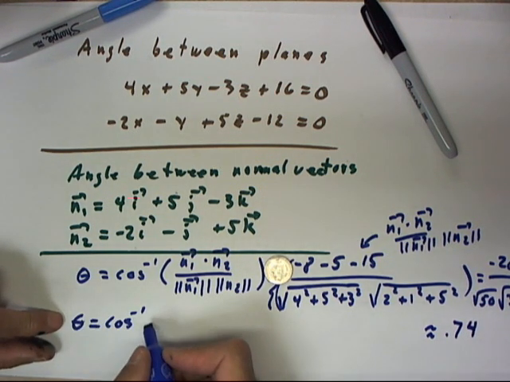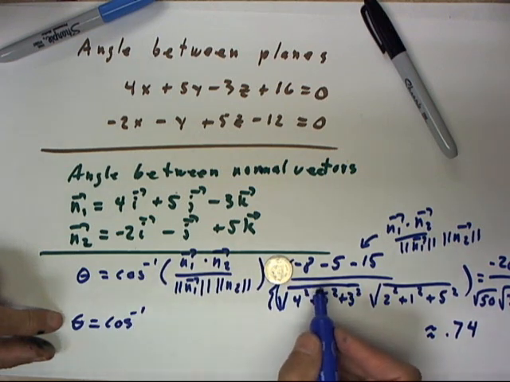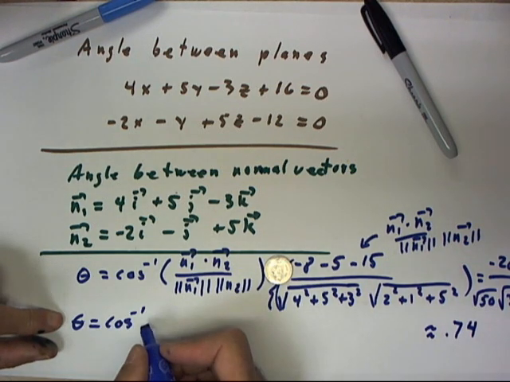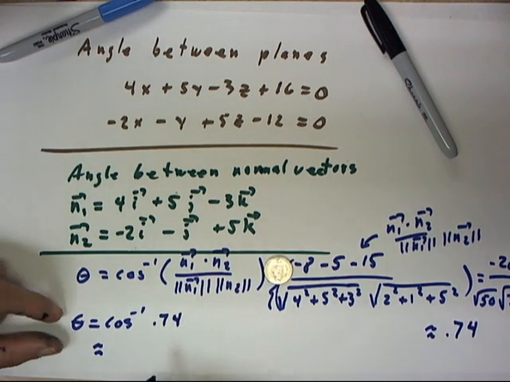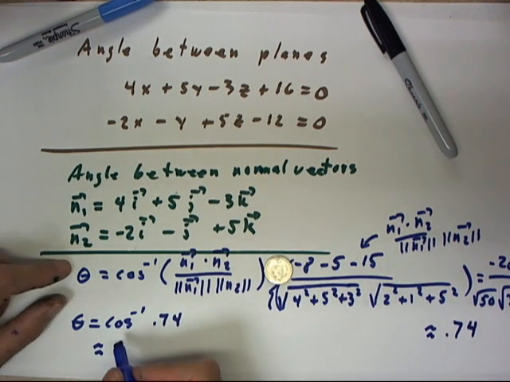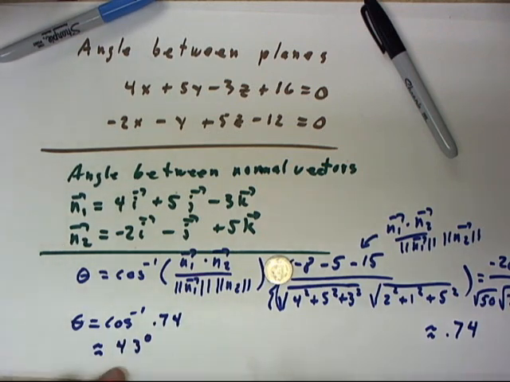Okay, so theta is the inverse cosine of this. This is this. So it's the inverse cosine of 0.74. And that's going to be a little less than 45 degrees. I'll say that's probably equal to about 43 or 44 degrees. Okay, so easy to calculate the angle between the planes if you don't make mistakes when you write it down. Unfortunately, we don't have time to fix this. We're going to have to